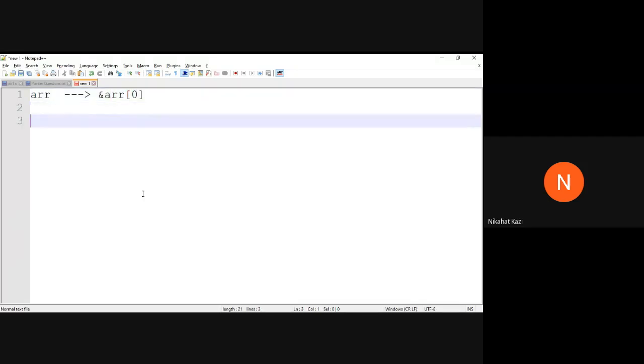Now, when I write an expression like this, some address plus I, where I is an integer, it will add those many memory addresses to that address. That means if it is an integer's address, in this case our array is of type int,